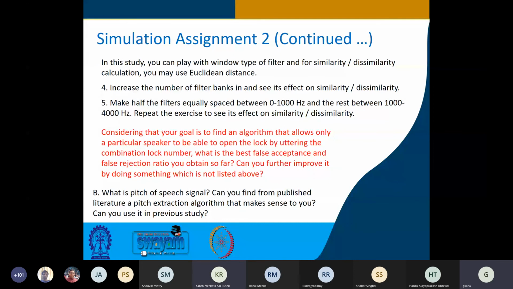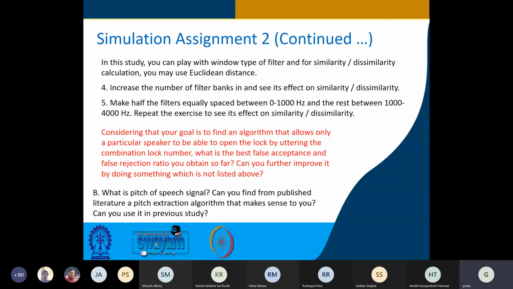Sir, what I'm asking is, you asked what would be the best false acceptance or false rejection rate. It would be different for different voices, I guess. Yes, I get your point. Right now, because you are early into this particular thing, you can consider only those 4 boys and girls under consideration. It is not an open set problem. It is a closed set problem. You can think in that manner, right?